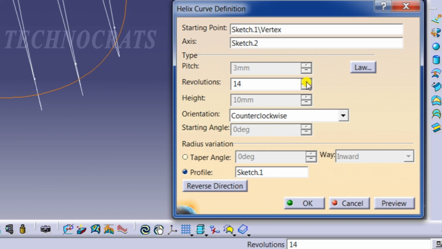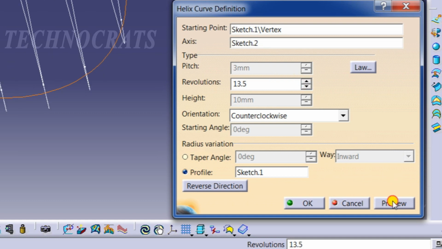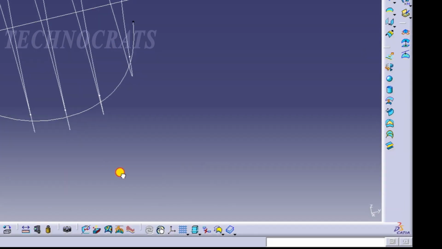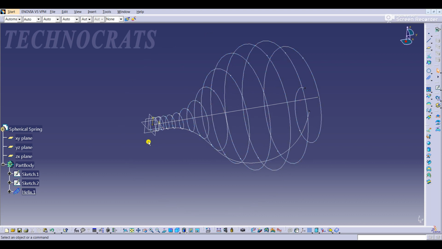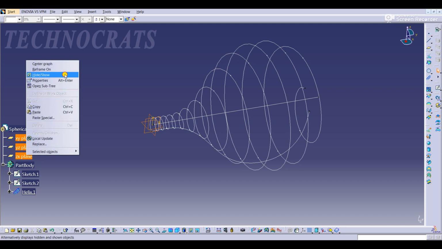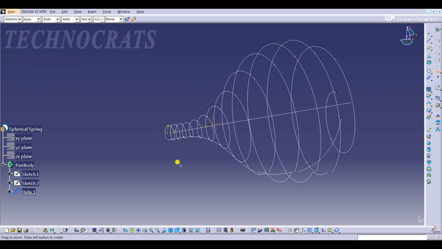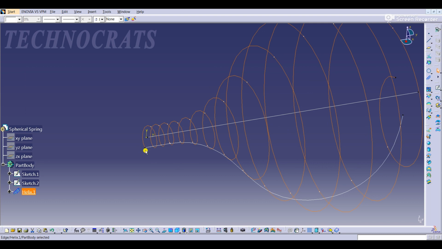I select 13.5 revolutions. Okay, preview. Okay, our helix is complete. Now hide these three planes. Now create a plane normal to this curve at the starting point.